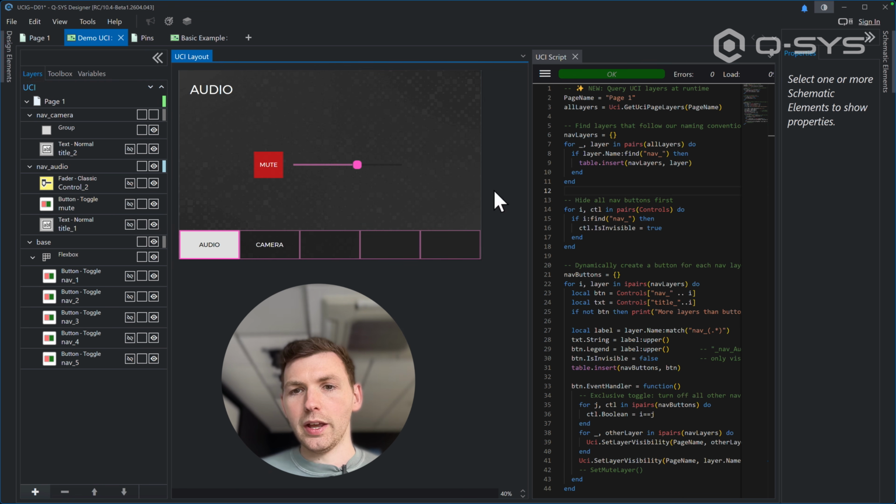Now, what I've been able to do here, and I'm not going to explain all of this, but using these new functions, is I'm actually looking at all the layers in the code. I'm then pulling the word that's after nav. So like nav camera, I'm grabbing the word camera and the word audio. I'm automatically applying that to my buttons. I'm hiding all the other buttons because there's only 2 layers we're dealing with. And I'm able to automatically title the page as well. So when I run this,